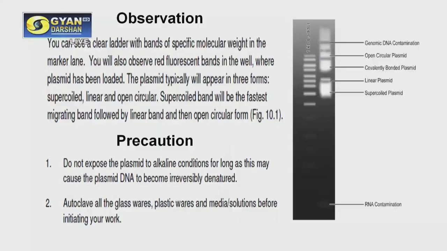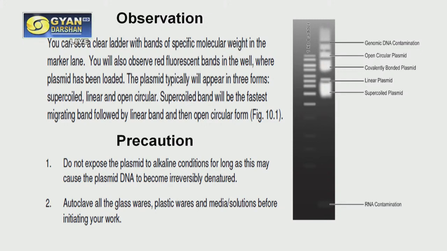Now I am coming to, as a result of these two experiments, what you will finally be able to see, which is a plasmid band. If you see the observation, go back to the first experiment, you can see here on the right hand side of the agarose gel the photograph taken. You are visualizing the DNA under UV transilluminator, and one has taken the photograph. So you see that mostly you get three bands. As I have already said, one is the supercoiled plasmid DNA band, which is the fastest. Above that you will get the linear plasmid band, and above that you will get the